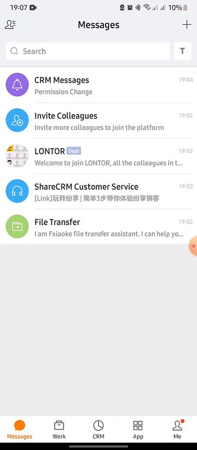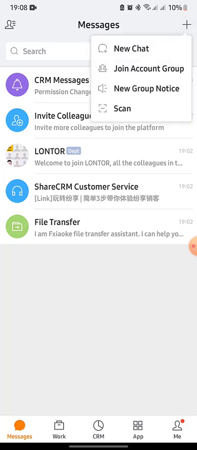You can also use the CRM to send messages to your sales partners in the business and more. To do that, all you need to do is click on the plus sign at the top and do new chat. Okay,